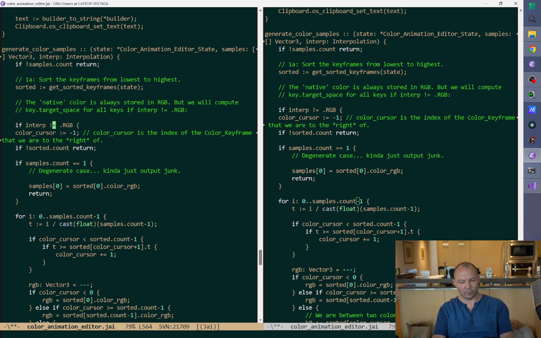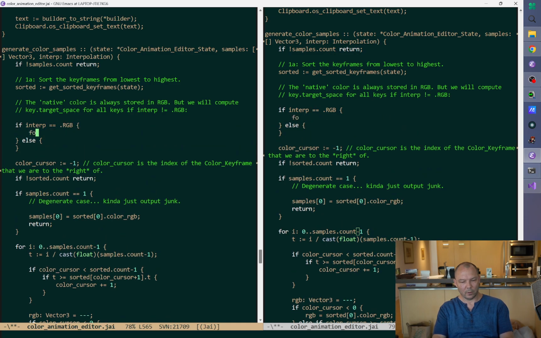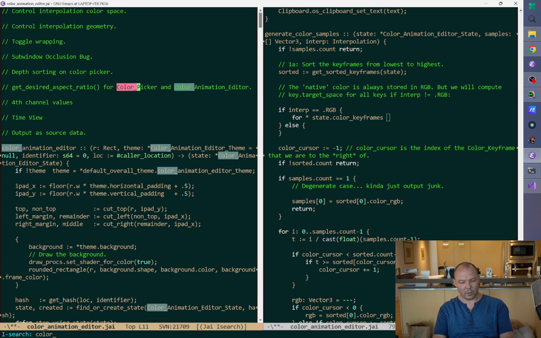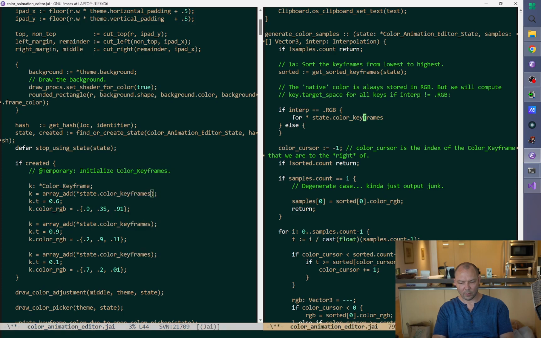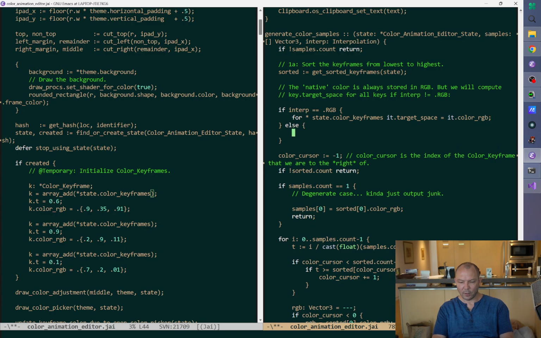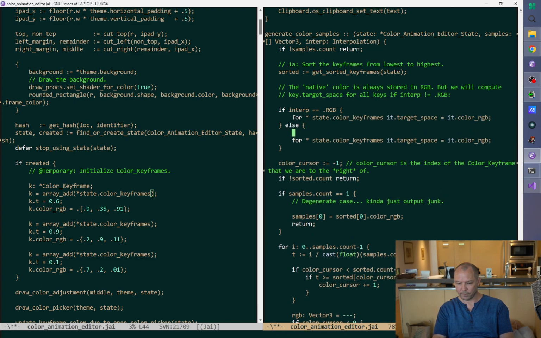Actually, for state.color keyframes, it dot target space equals it dot color RGB. All right. Otherwise, if, actually